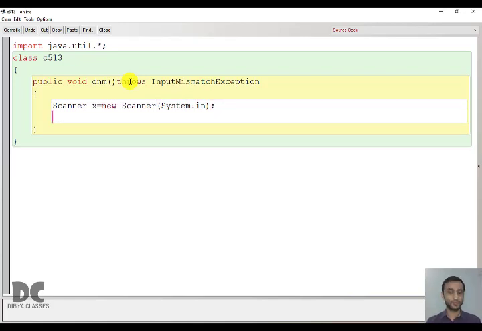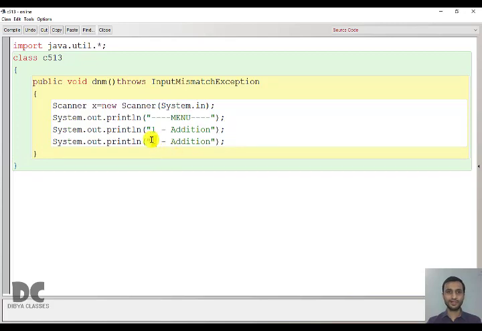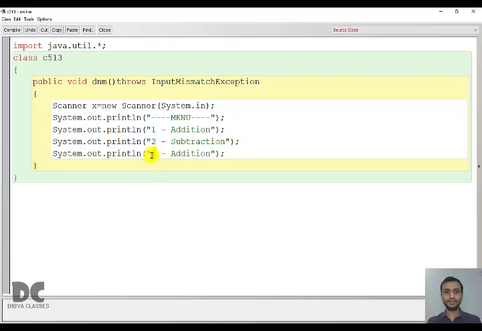And now we'll write the menu. Okay, so how to write the menu? Like this: System.out.println. You can design it whatever way you want. Now you'll write enter 1 for addition. Means if you want to do addition, enter 1. Similarly, the user will enter 2 for subtraction